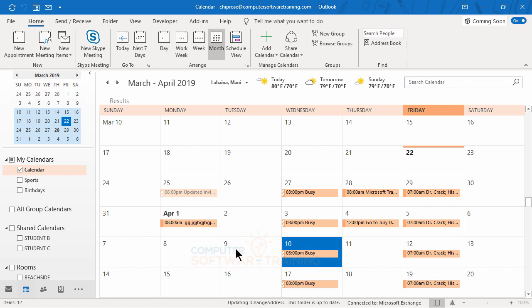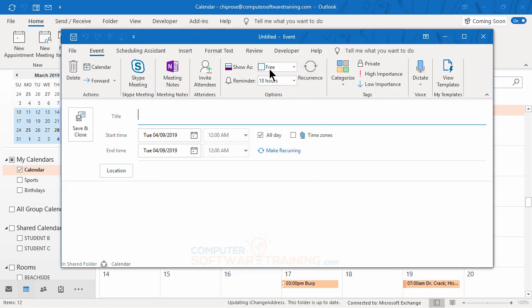So I go maybe to this one here, I'll double click that one. If I set it for free and do whatever I do here, it's going to show up as a free spot where people can say, oh, okay, it's free. He's really willing to do anything we need him to do during that time because he's got it marked as free. We'll schedule a meeting during that time. So you can do it like that as well.